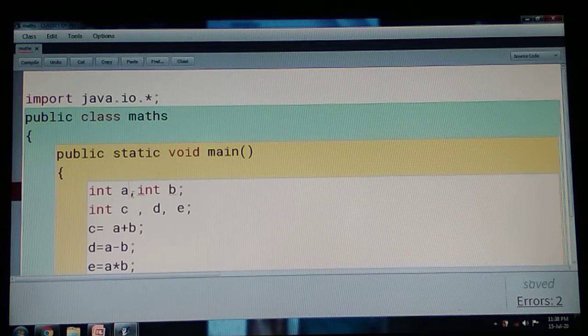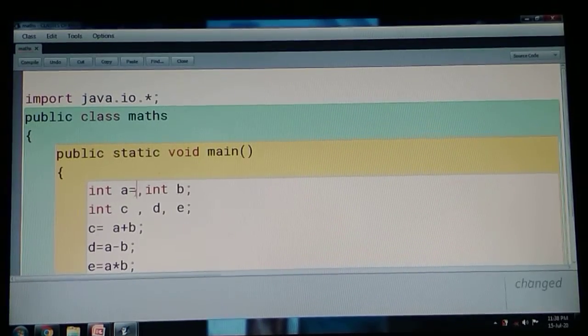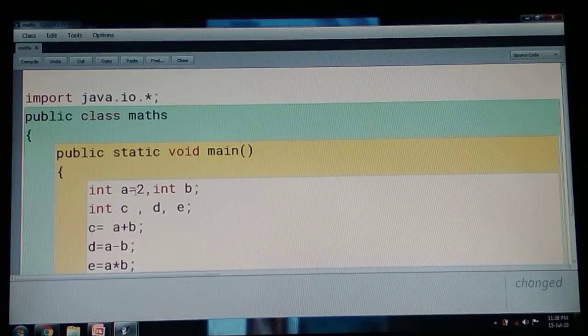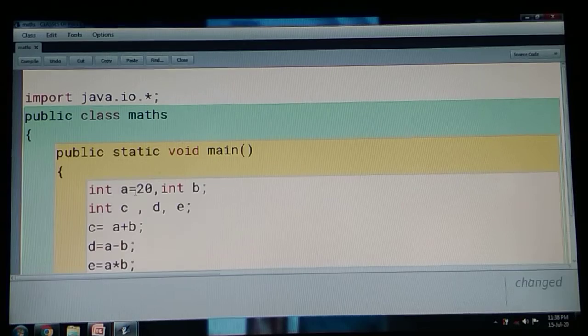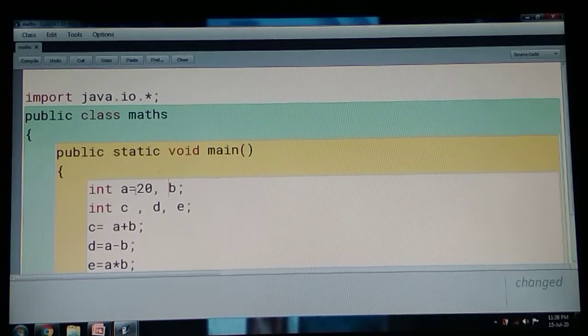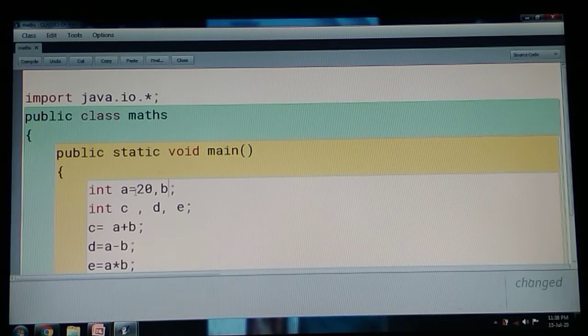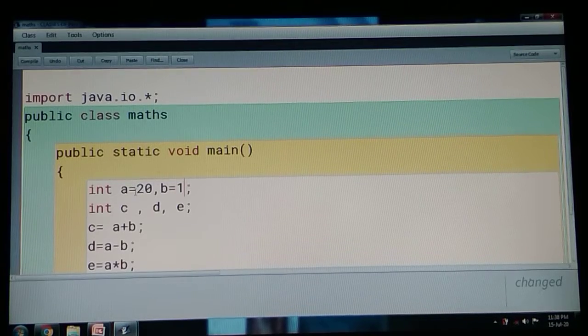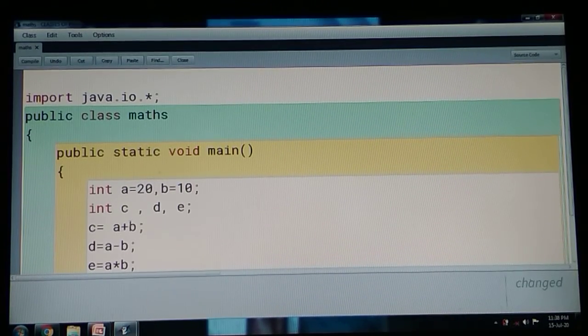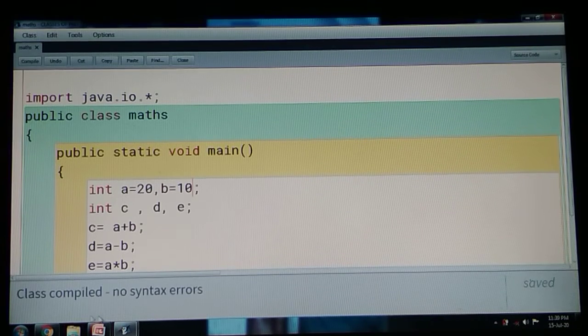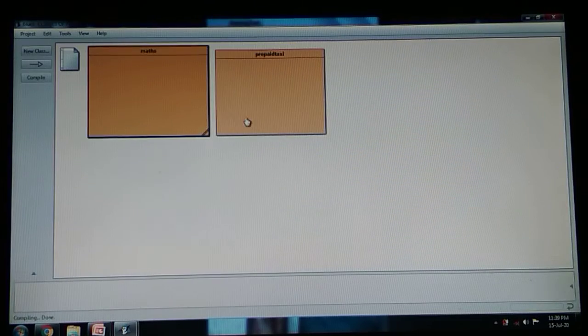I am writing int a equals 20. Then we will not write int again, b equals 10. Then int c, int d, int e. Then we compile the class, and no syntax error is showing.